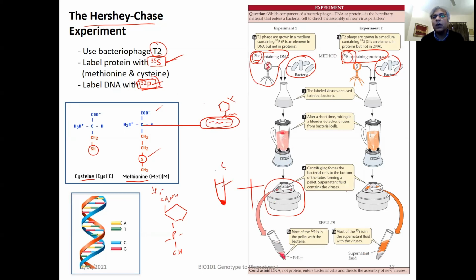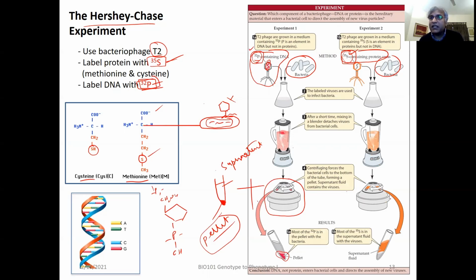So this liquid phase is called supernatant, and the one which settled down is called pellet. Now what they wanted to see is where is P32 and where is S35. What they discovered is that the pellet contains all the P32, which means the bacteria contain all the P32. And if bacteria contain all the P32, it means it's the DNA of the phage which is injected within the bacterial cells,